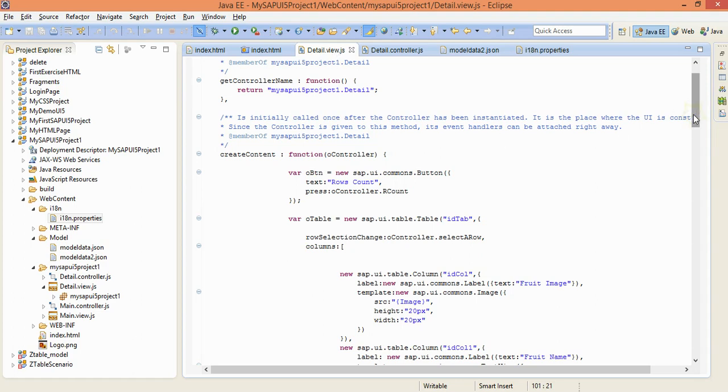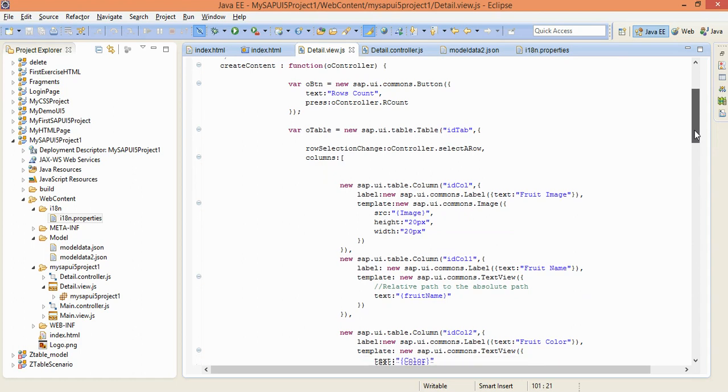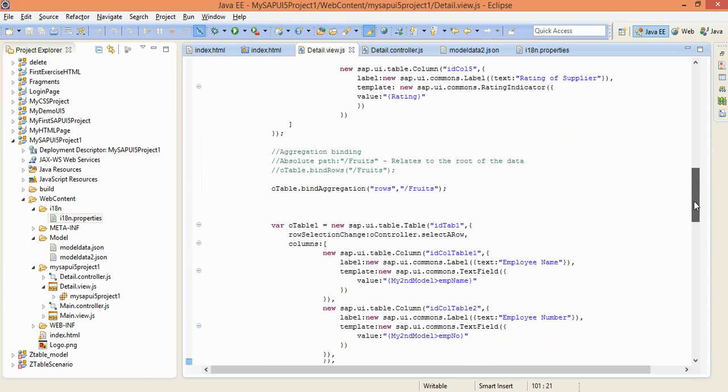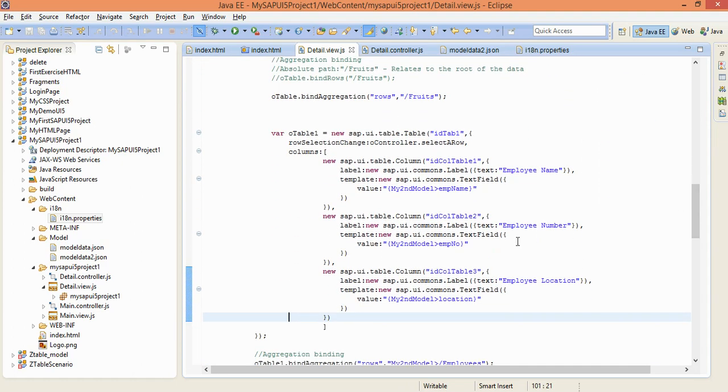In the view, let me just show you in my tables here, guys. You have seen the first table was a fruit table. The second table we created just below the simple form was the employees table. In the fruit table, we had the names, this fruit image. These were the text, right? And in the employees table, we have employee name, employee number, and location, right? So we will use this resource model to change the label,